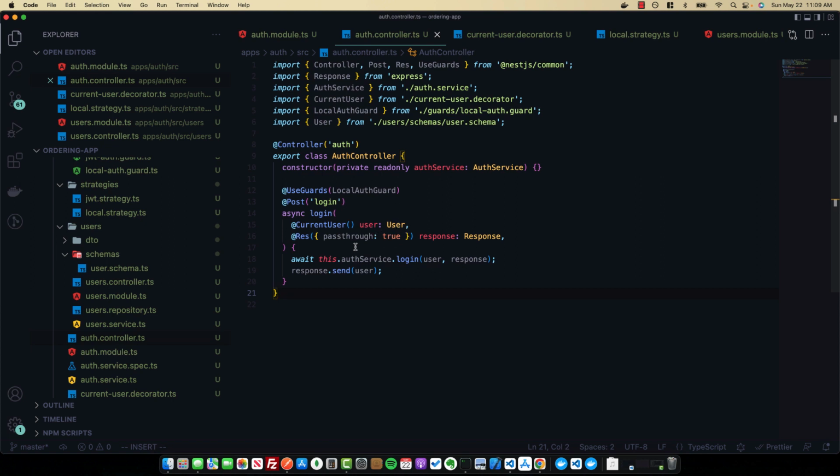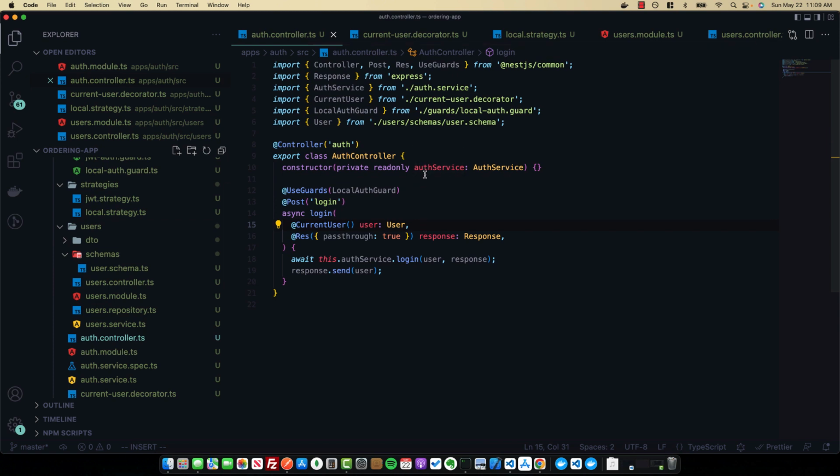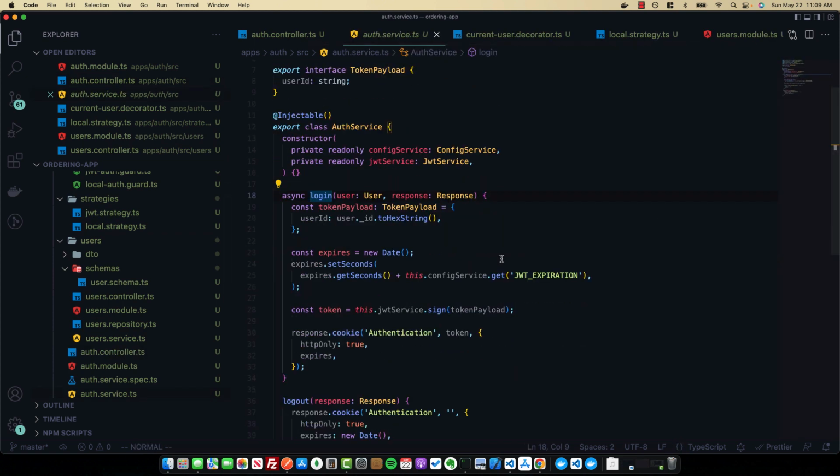application. So by default, we have our first post route here, which will allow us to log in over HTTP. In our case, this will use the local strategy, which will simply take the email and password and validate it using the user service. So if the username and password are valid, we can see we use the auth service to log in. All this is going to do is essentially create an authentication HTTP only cookie for this request and set it